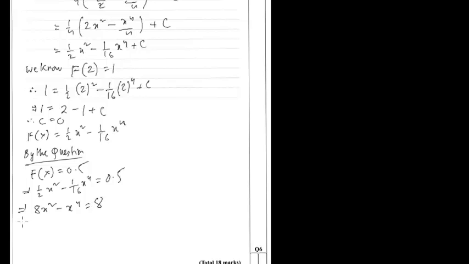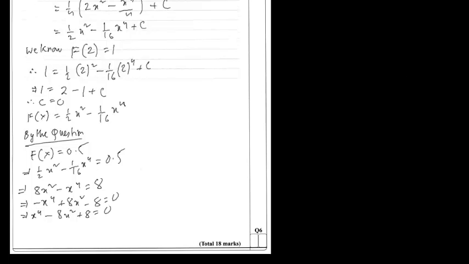16 into 0.5 is again 8. If we rearrange this, it would be minus x to the power 4 plus 8x squared minus 8 equals 0. If you multiply by minus 1, it would be x to the power 4 minus 8x squared plus 8 equals 0. Now how to solve this? This is a quartic equation. Well, remember this. One way of solving this is to let